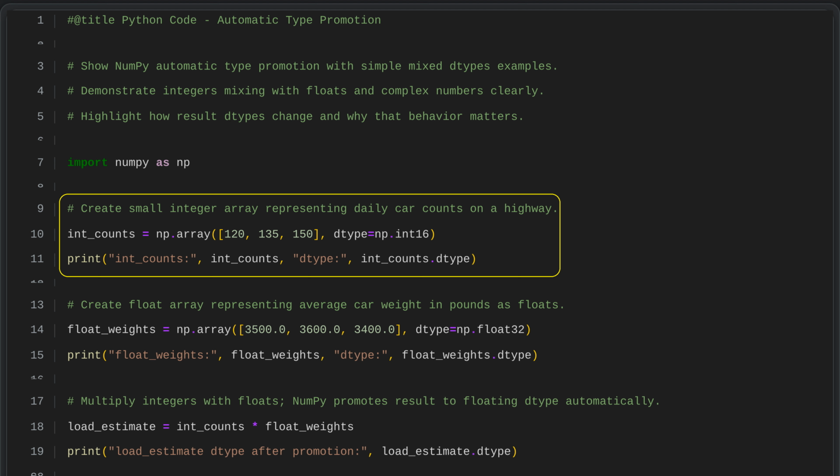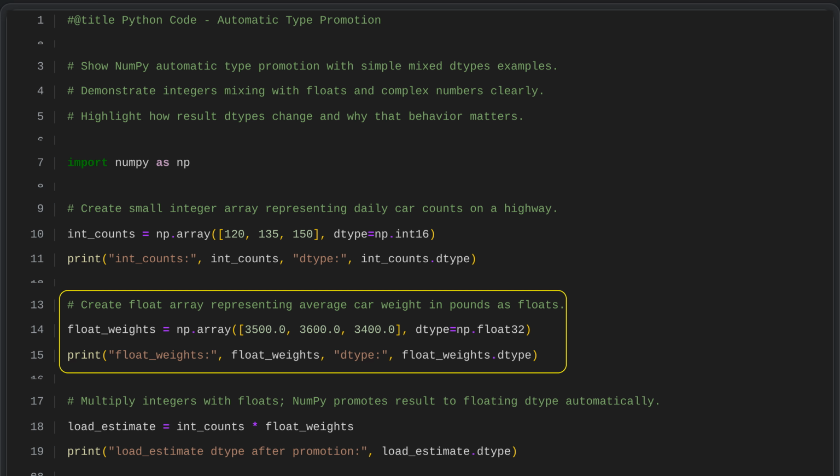After creating this array, we display its values and its data type to confirm that it was defined correctly. This quick check ensures the data is in the expected format before we perform any further analysis or operations on it. We create an array to store the average weight of cars in pounds using the float 32 data type,